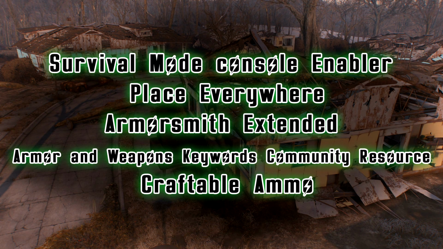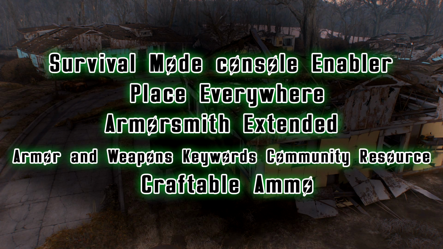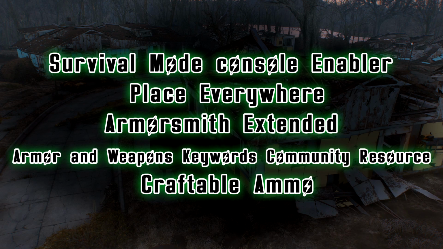But the armor and weapons keywords community resource is a resource for modders to... I don't exactly understand how it works. If I'm being honest, I don't know what it does. I'm not a modder, but I know that a lot of mods actually end up using it. So it's kind of like a framework mod that you can use to make other mods work. And the second mod we have installed that goes hand in hand with that is Armor Smith Extended, which allows us to...